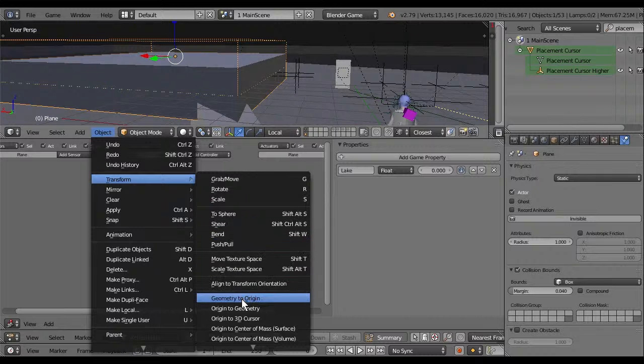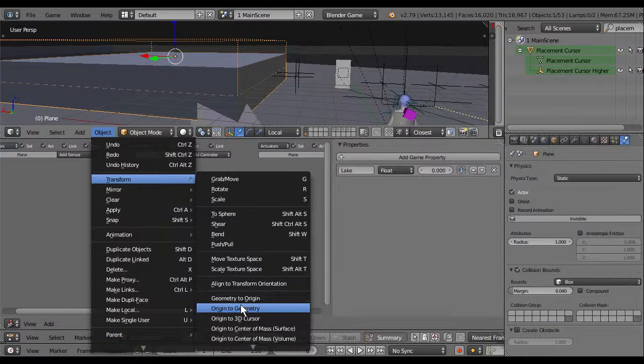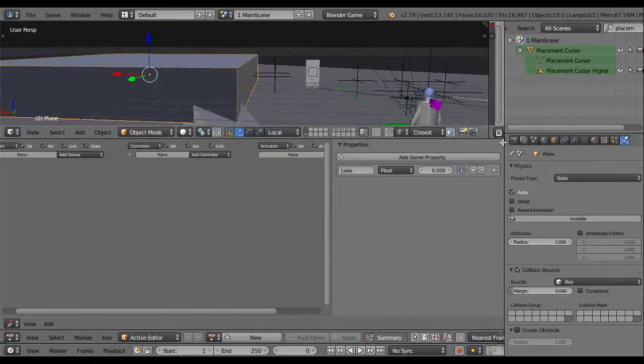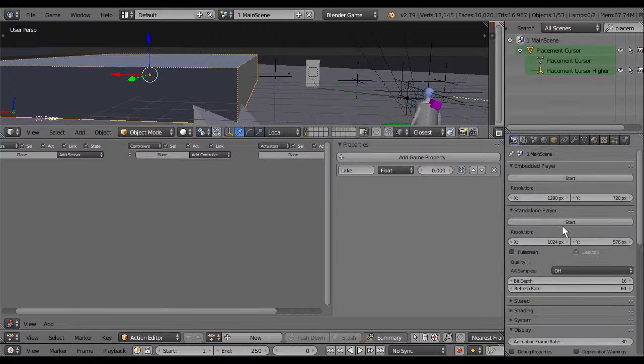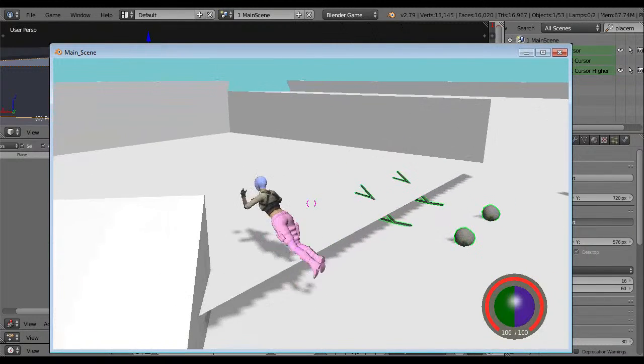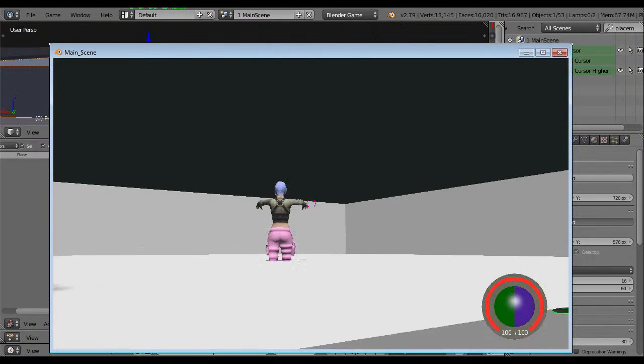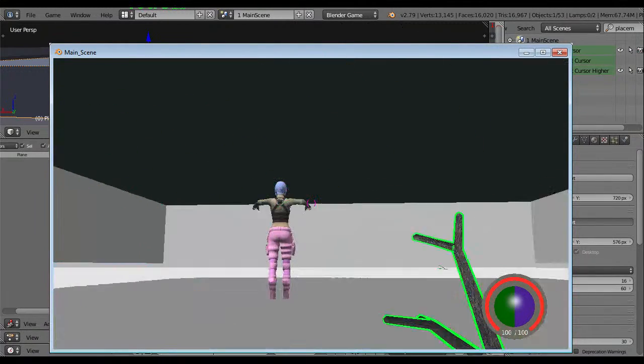Object transform. Jump. Origin to geometry. Yep, it's kept swimming. It's supposed to be in this direction.